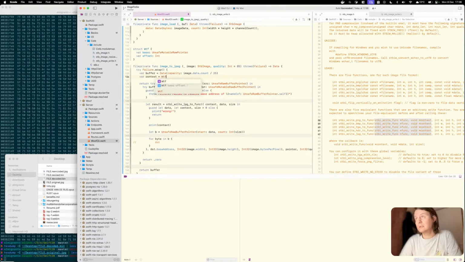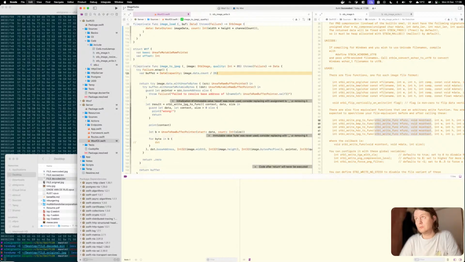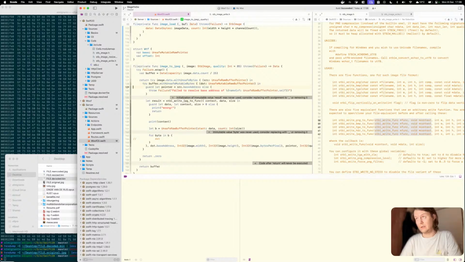Context is, so where are we writing, right? We want to know where we are writing, and we are writing